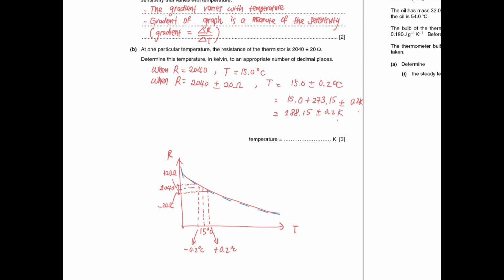But the change in Kelvin is plus minus 0.2, which is one decimal. So we have to match to one decimal. So that is the answer, plus minus 0.2. Okay, so